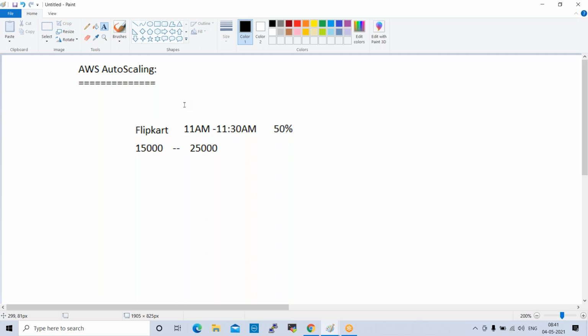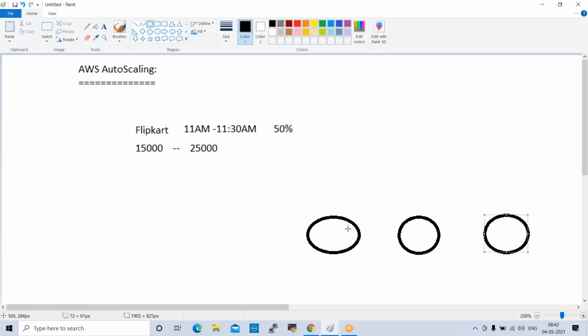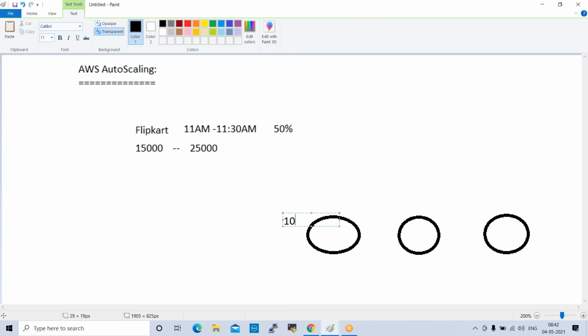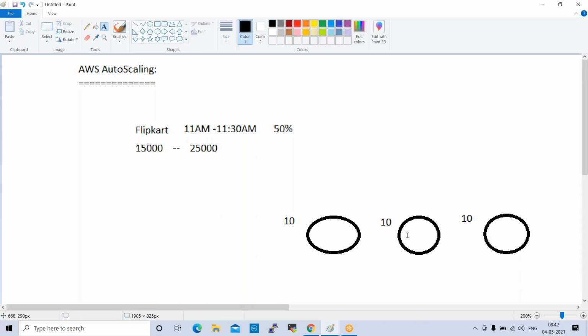If the site is open, at payment time also it will show you some timeout errors, because many people will access the servers. IRCTC is a government site. That is why they are not maintaining auto scaling. They are maintaining manual servers. For example, IRCTC people configure 3 servers. Each server will manage 10 requests, for example. So a maximum of 3 servers will manage 30 requests. This is normal time.